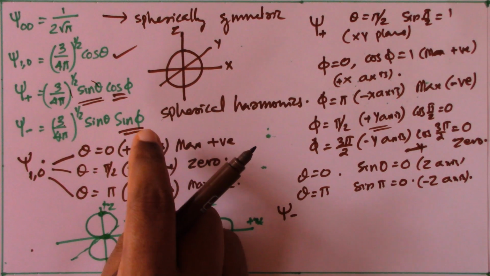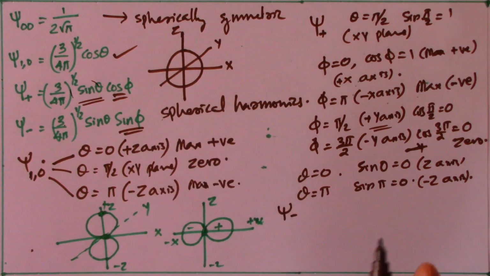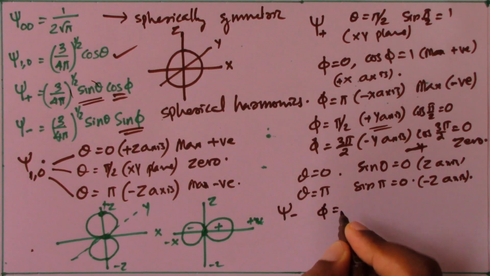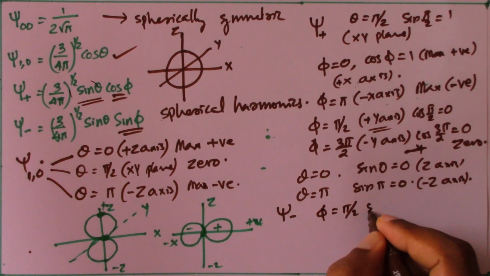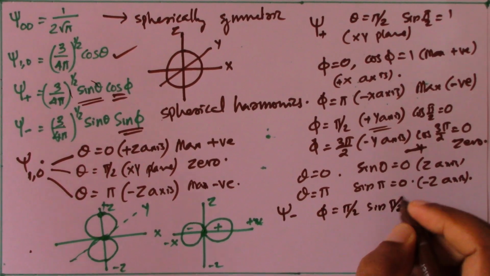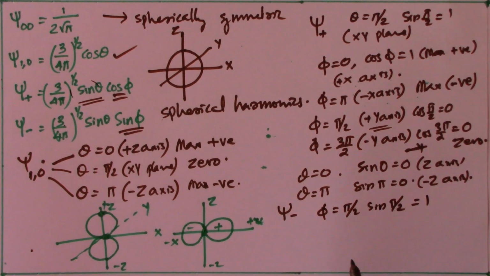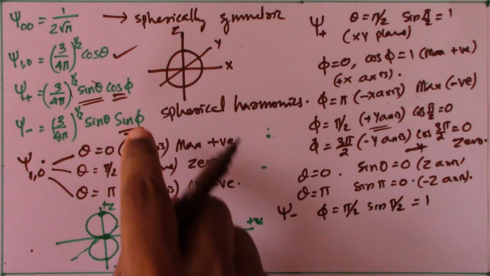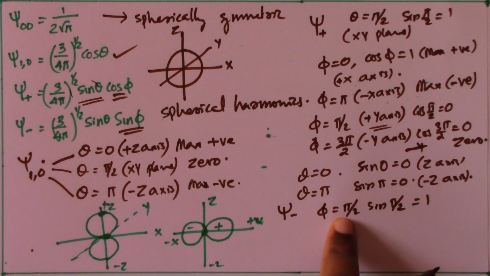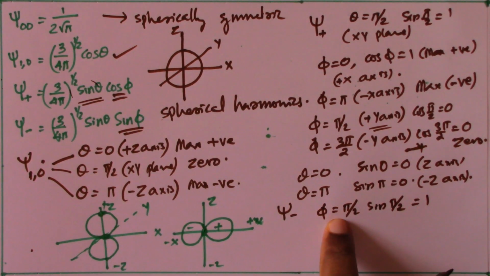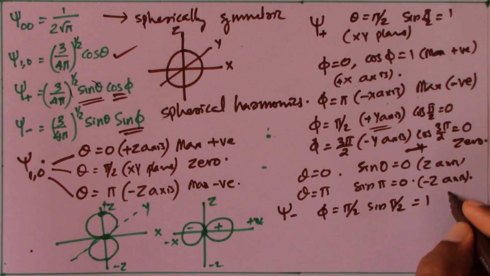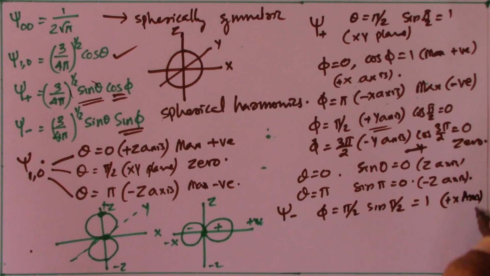When phi is equal to pi by 2, then sine pi by 2 is equal to 1. That is the maximum value of sine phi. So the maximum value of sine phi is obtained when phi is equal to pi by 2,